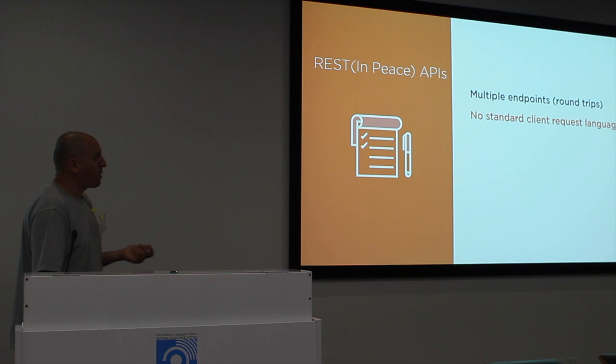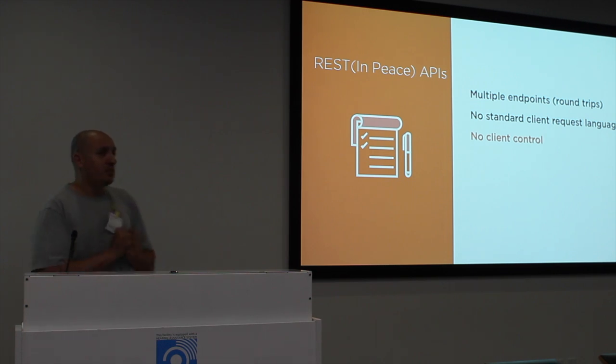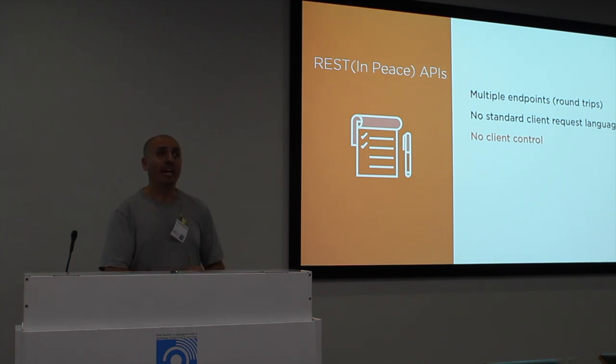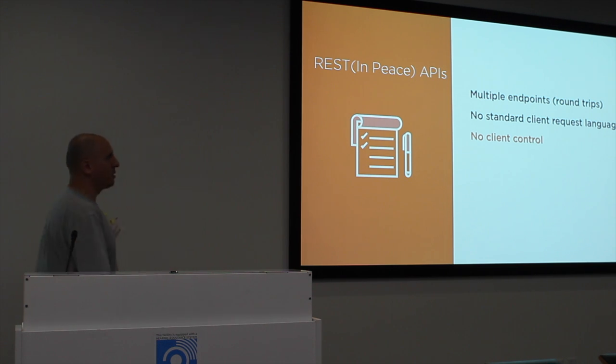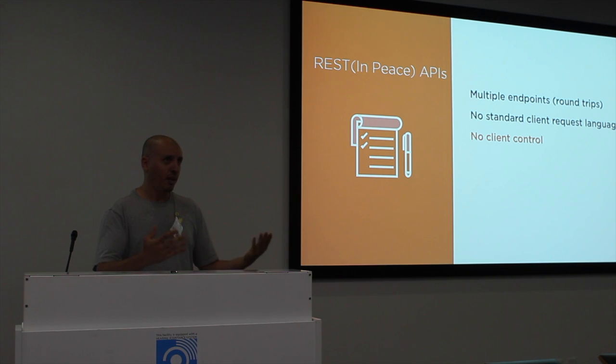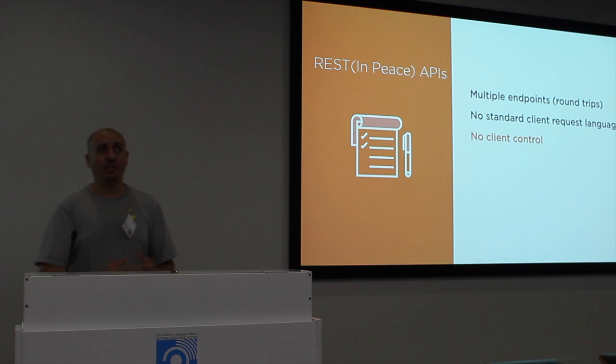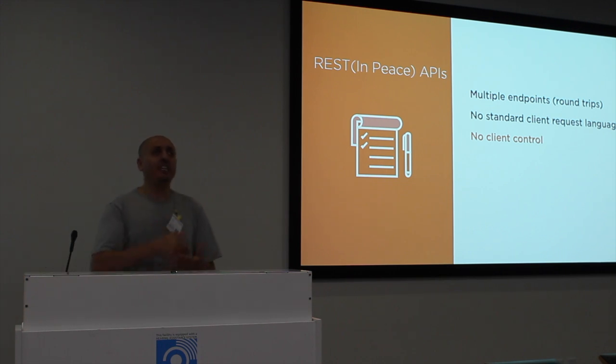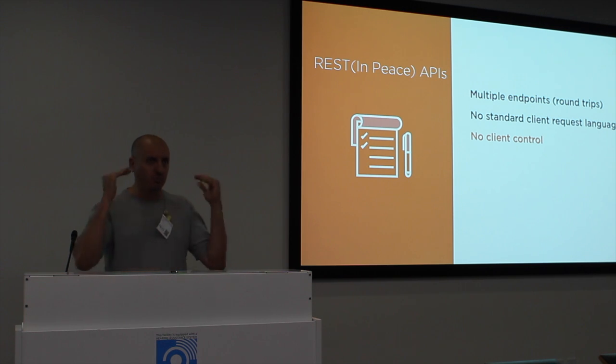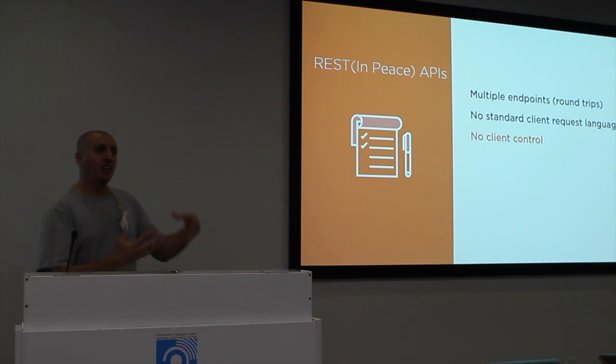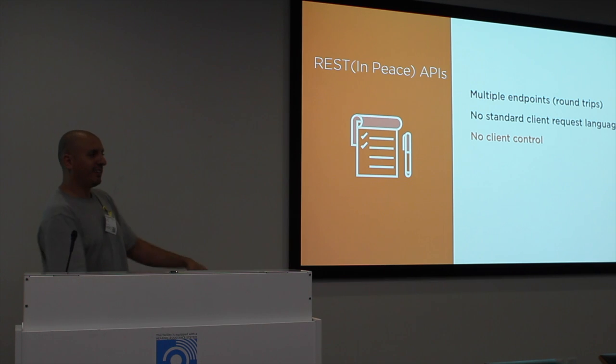But there's a lot of other problems. I'm going to go through them. There's no client request language. Basically, with REST, you go /people/for. Okay, what do you want from people? Do you want the name, the email? There's no language to express the data requirement. And this means the client doesn't have control on what you can get from the server. The server is completely in control. The logic of your data requirement is hard-coded in the server.